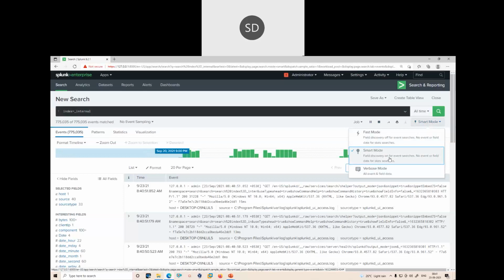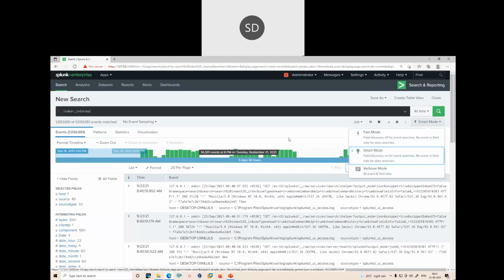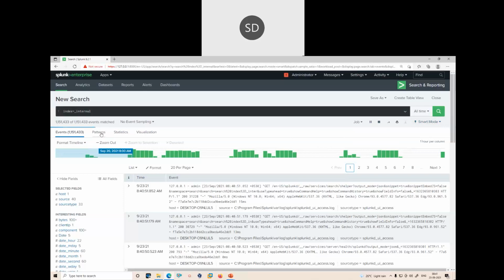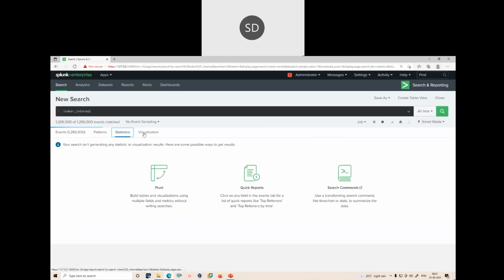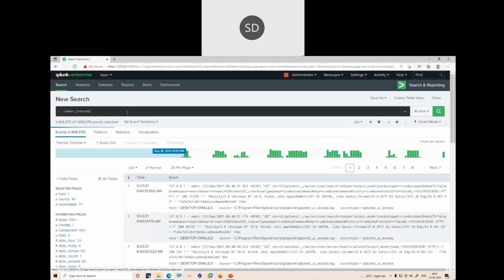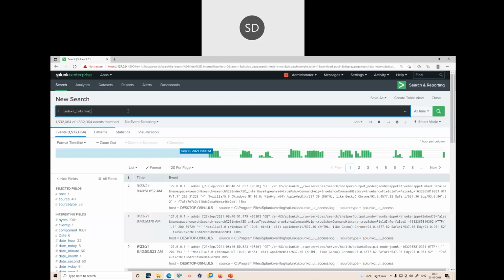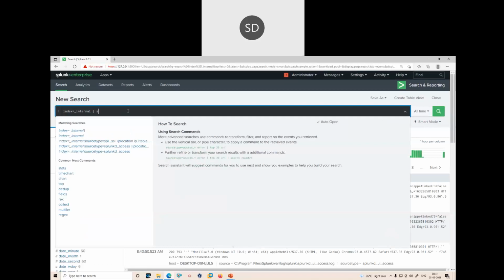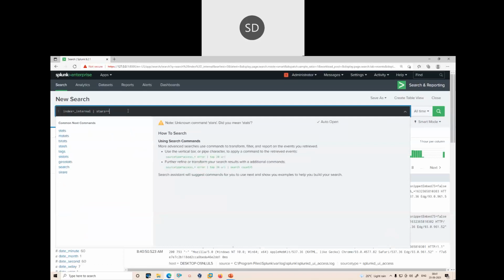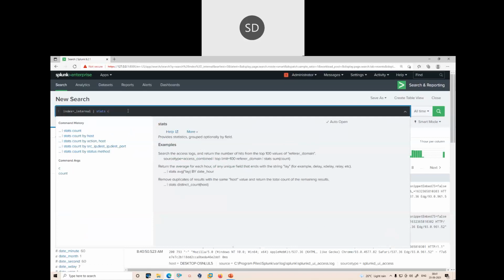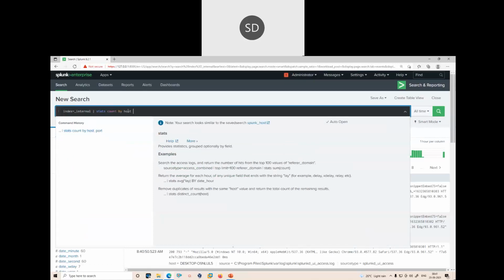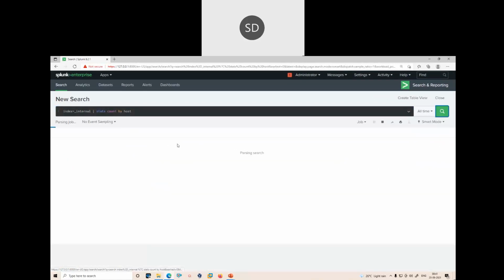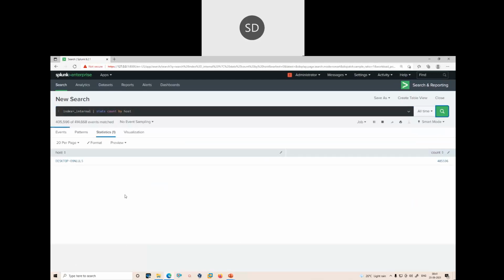Field discovery is on for event searches, not for events or field data and stats searches. So let's suppose I go to the statistics and visualization, and I run stats count by host. This is the data that I'm looking for, and it is showing me the statistics.